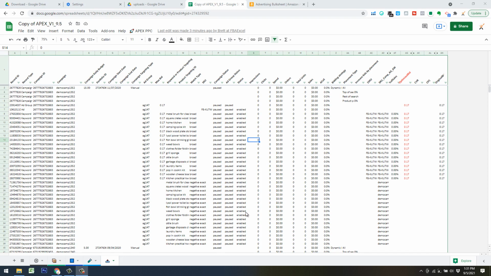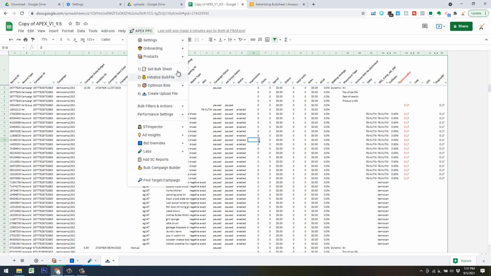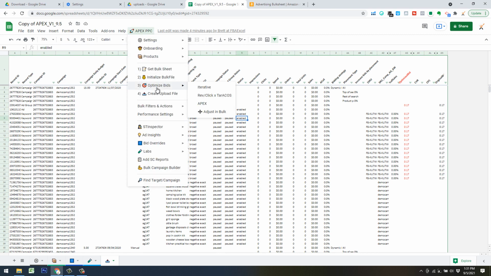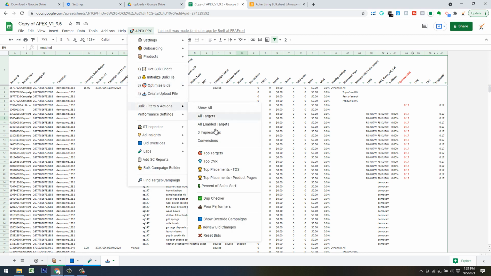All right, so in this video, I'm going to do a brief rundown of the bulk ops sheet, and this is the formatted version of your bulk ops file. After you run through the initialization sequence, you get these extra rows, and I just want to give you kind of an overview summary of a lot of these bulk actions and filters and what they do and how powerful